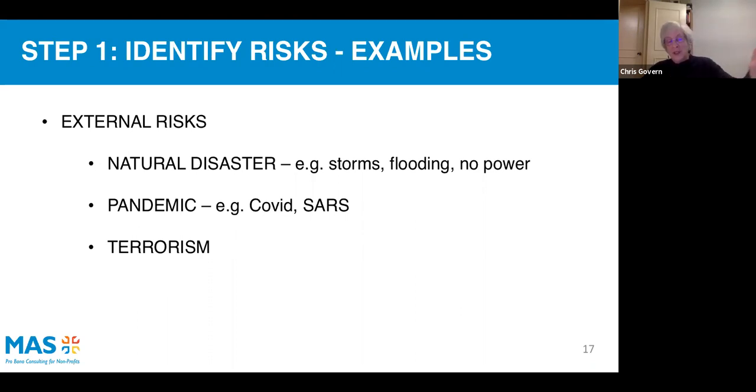These are risks that are out there, and we'll talk about how you would deal with these from a risk management perspective, but it's important to be aware of them and acknowledge that those risks are out there. So the very first step in organizational risk management is to make sure you understand